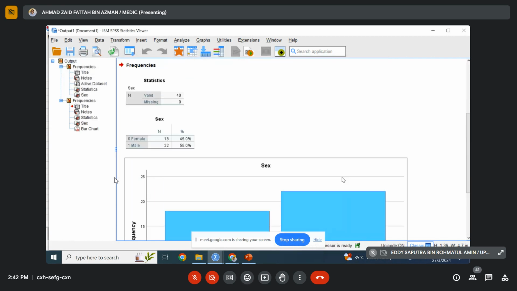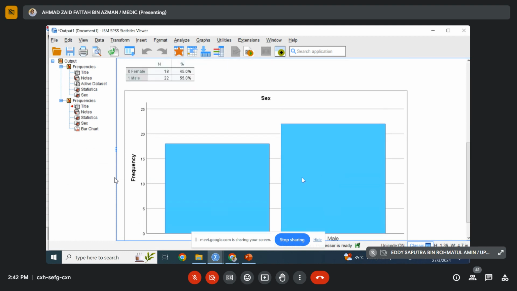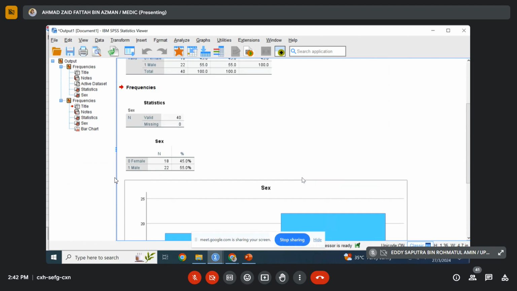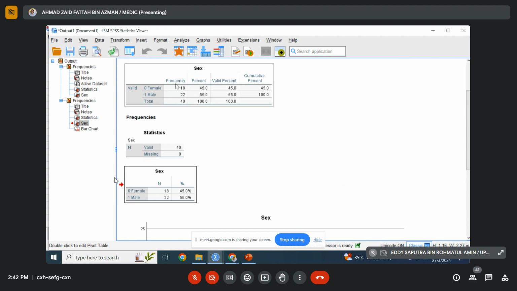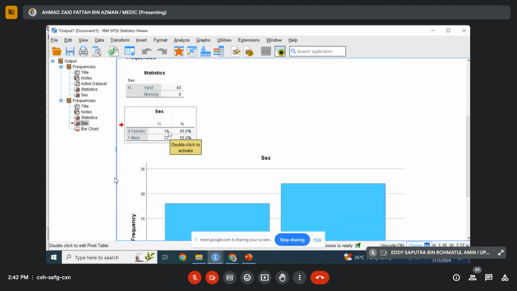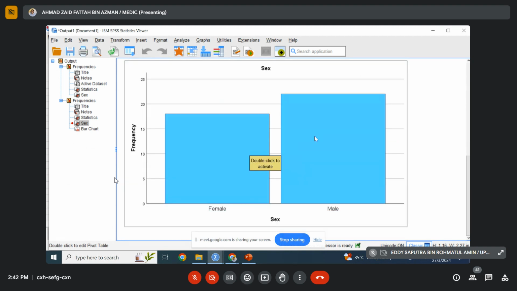So this is now the APA style. You know APA, American Psychology Association. It's usually the format of manuscript writing. So it only gives you, you can see here, n and percentage. Previously it said frequency and percent, right? So this one has already converted into n and percentage. This remains the same, and this is your